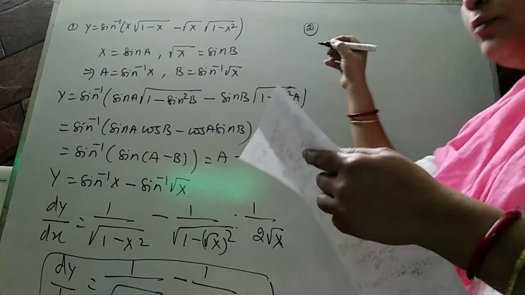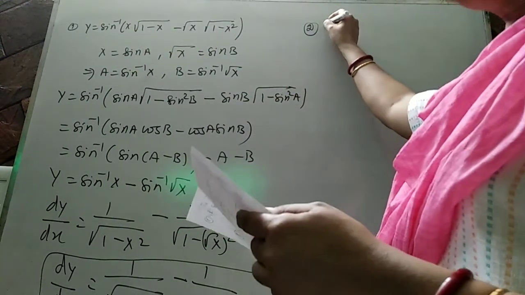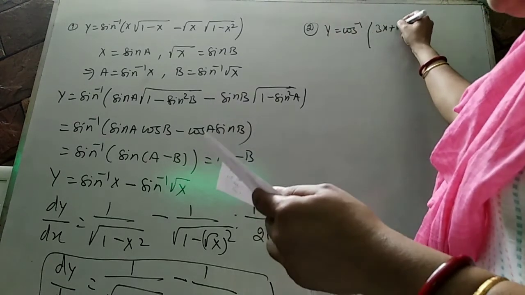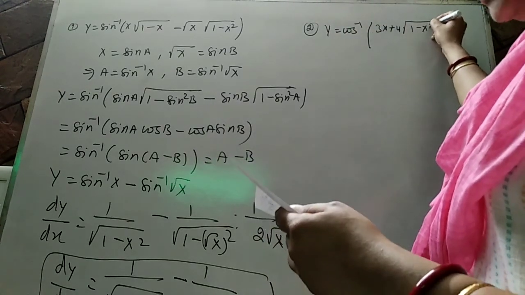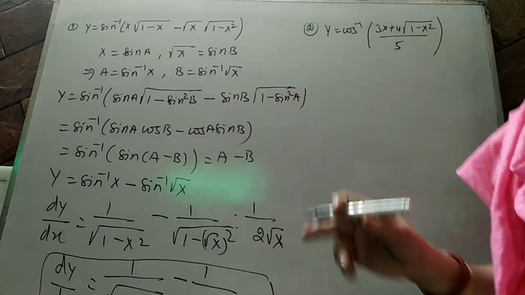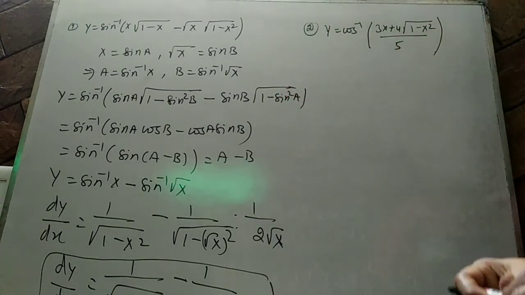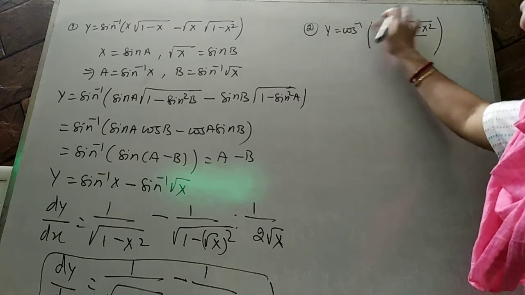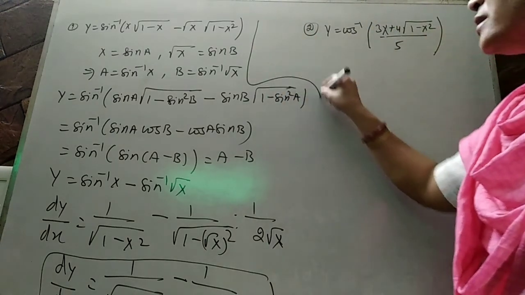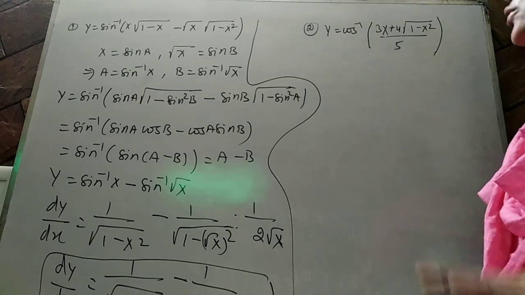यस बेटा, यस। नाउ सी अनदर क्वेश्चन बेटा, ये इसी टाइप का क्वेश्चन होमवर्क में दूंगी। एक और क्वेश्चन कर रही हूँ, बस इतना है। कॉस इनवर्स 3x प्लस 4 इंटू अंडर रूट ऑफ 1 माइनस x स्क्वायर द होल अपॉन 5। अब कितने भी क्वेश्चंस दूंगी वो एनसीईआरटी बियॉन्ड दूंगी सो दैट आपको समझ आ जाए। अब ये देखो, इसको भी आप सिंपलेस्ट फॉर्म में लेकर आओगे सो तभी आपको इजी रहेगा। डायरेक्ट डिफरेंशिएट कर लिया, इट इज क्वाइट डिफिकल्ट।